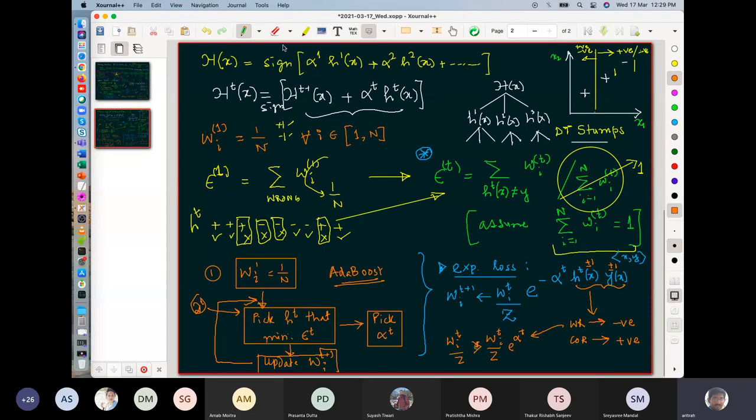I said it right, but the inequality I gave wrong. Because e is 2 point something, it will obviously be more than what I have. So I exaggerate those points which are wrongly classified. Whereas for the correctly classified points, you can see that the t plus 1th weight will be